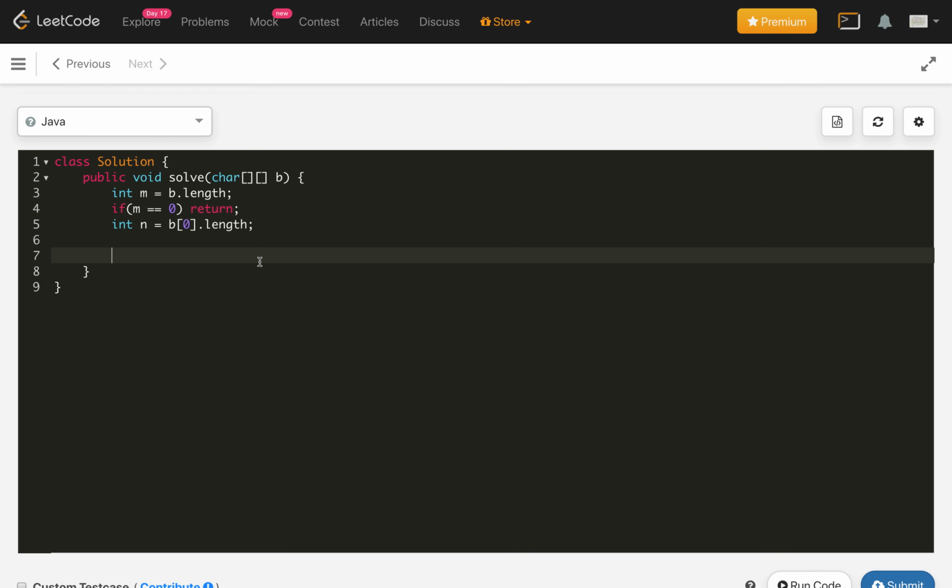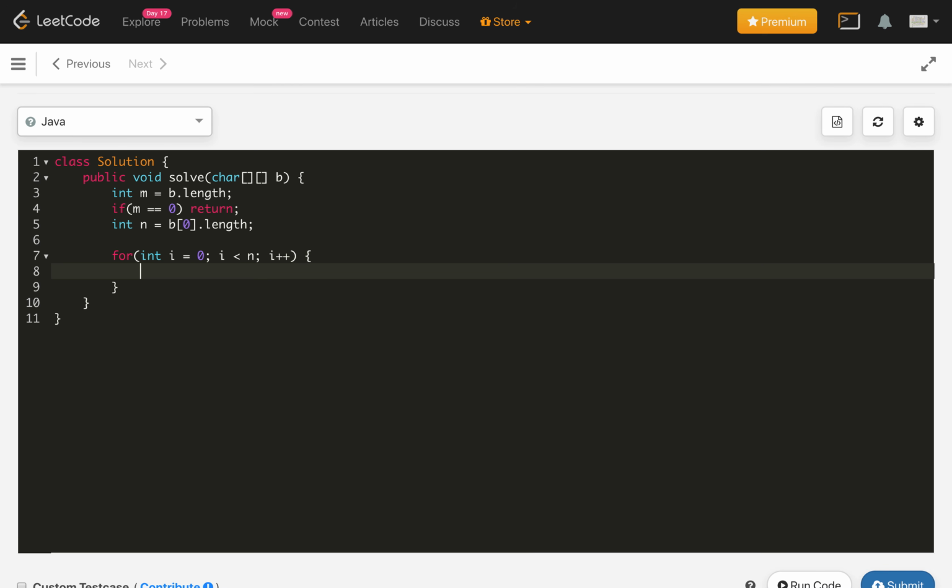So based on the algorithm, we will first run int i equals 0, i less than n, so the number of columns, and i plus plus. So we are running for the first row and last row. In that case we will check the first row and the columns, so this is the 0th row, and this is all the columns going from 0 to n.